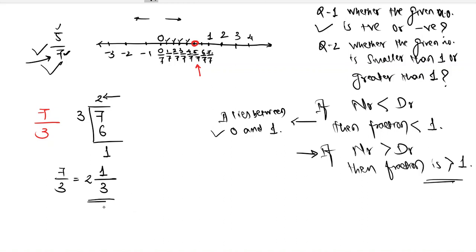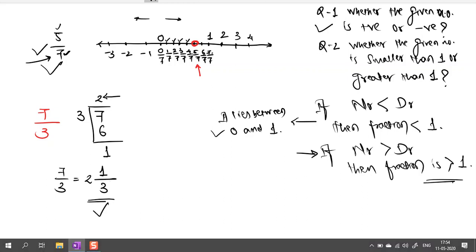Now it is very easy to locate the number. See, now I can exactly tell the number is greater than 1. I'm sure number is greater than 1. But I know now the number lies between 2 and 3. The number is between 2 and 3. Why? Because the mixed fraction of the number shows that. It is 2 1 by 3. 1 by 3 ahead of 2.